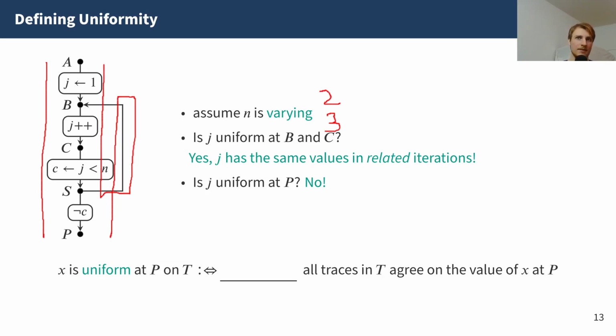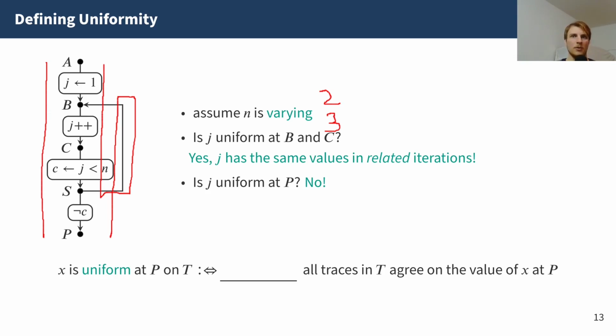So another way to say it would be the left trace doesn't reach the second instance of B or the second instance of C or S. And thus, it should not have an influence on the uniformity there. So this is why we argue that j is indeed uniform at B, C, and S. But then at P, we observe different values for j, and thus there it must be varying.